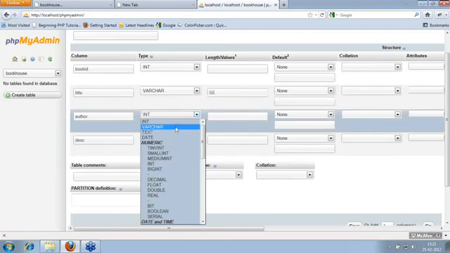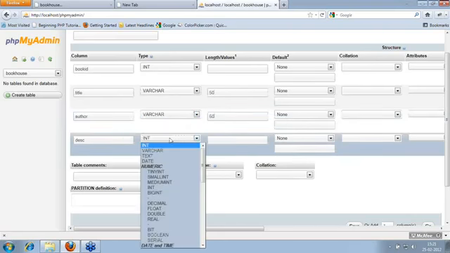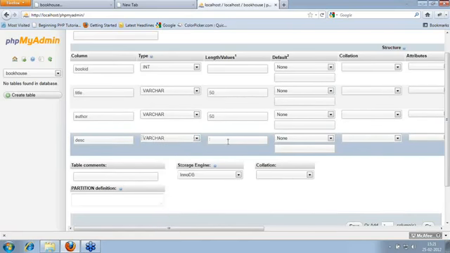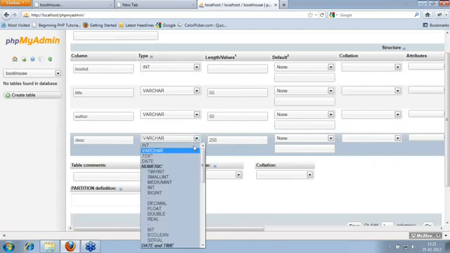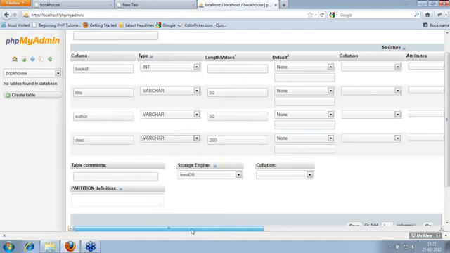For my author name, again I can select varchar 50. Description could be more than 50 or 100, so I can say varchar 255, or I can have other types as well. We have long text, medium text, and binary, which is unlimited, blob. So depending on the requirement, we can use whichever type of column we want to store the values.